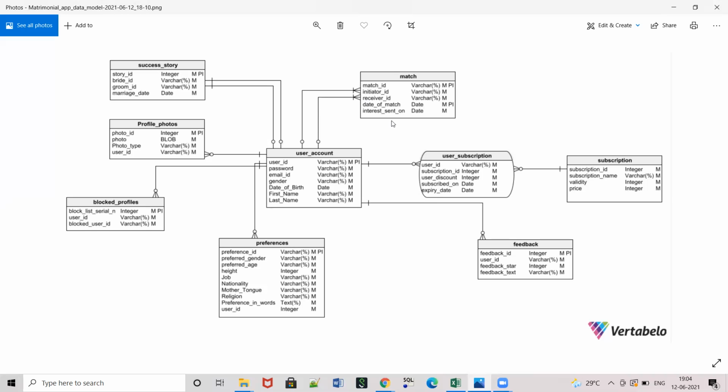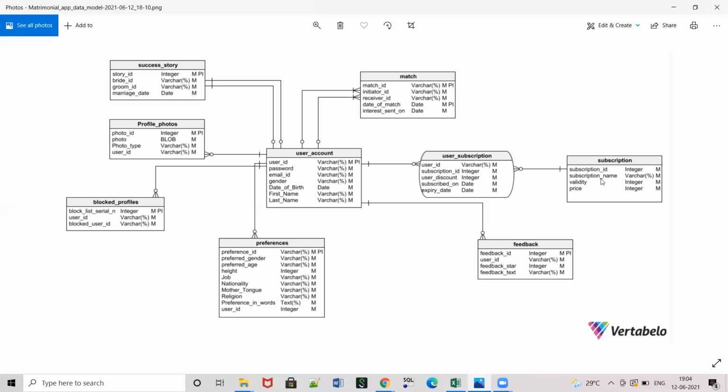Now consider for a particular match ID, the combination of initiator ID and receiver ID is unique. One initiator can initiate multiple interests. Also, one receiver can get multiple interests. But whenever I am accepting some XYZ interest, that particular match is happening. So that has a match ID.